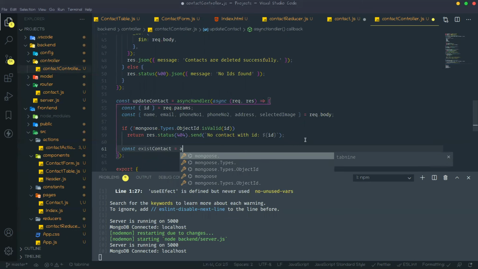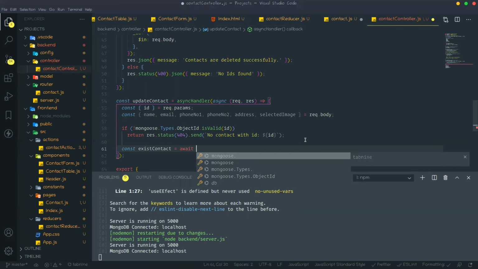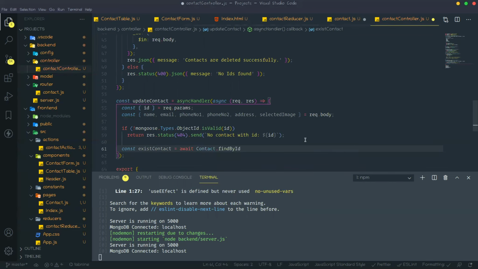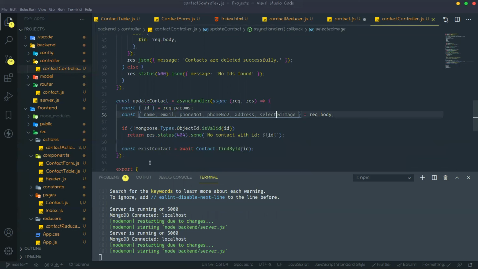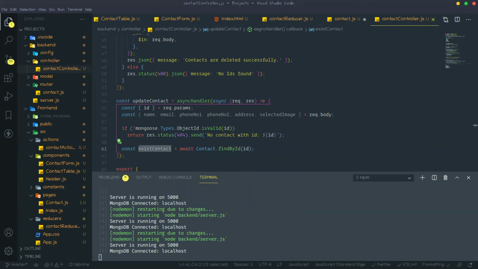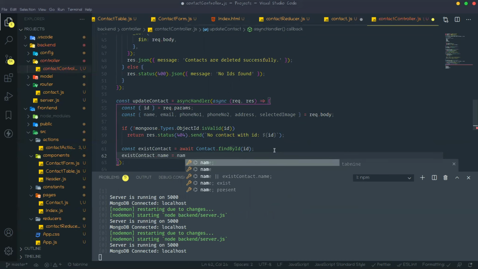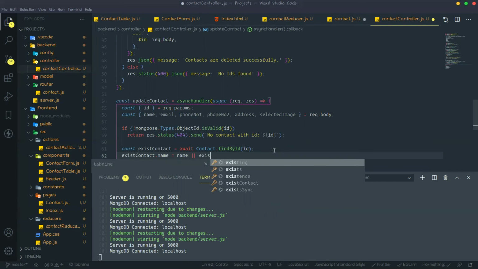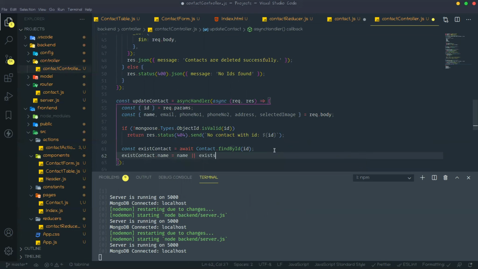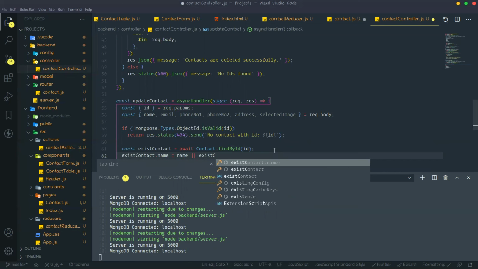equal to await Contact.findById with that ID. Then in this existContact.name, if that name came, then name. If that name is not present, then the previous name, that is existContact.name.